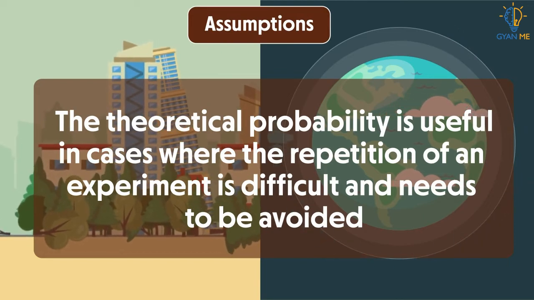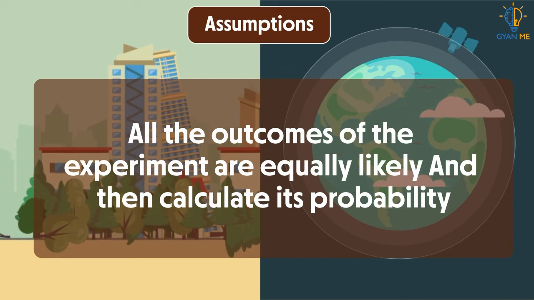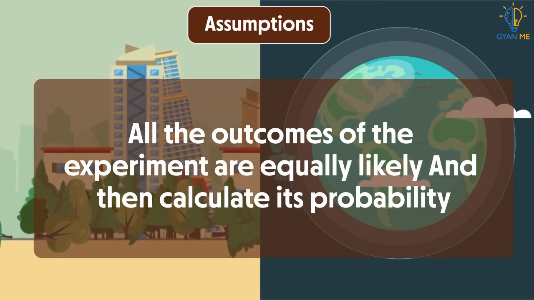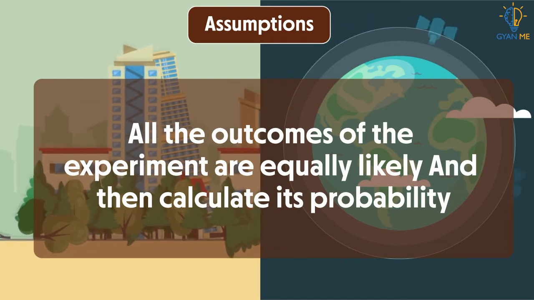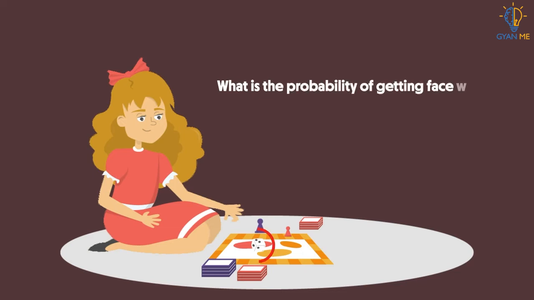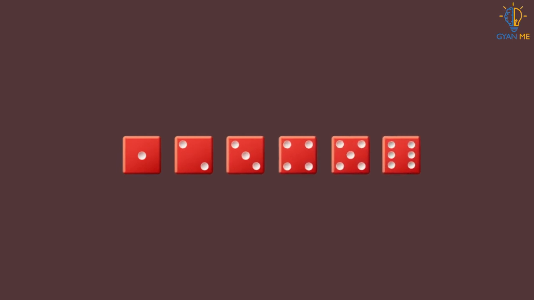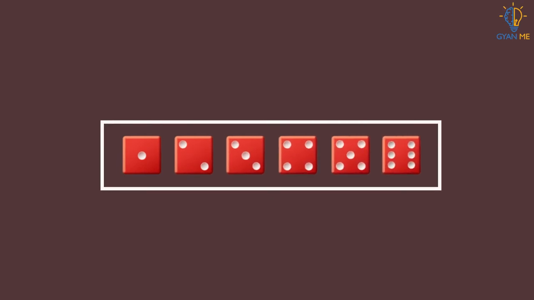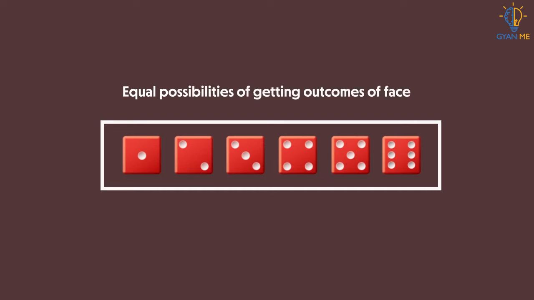We assume that all the outcomes of the experiment are equally likely. That is, the probability of all the outcomes is equal. For example, while throwing a dice once, what is the probability of getting the face with number 4? Here each number has an equal possibility of showing up. That is, there are equal possibilities of getting the outcomes of face with 1, 2, 3 and so on up to